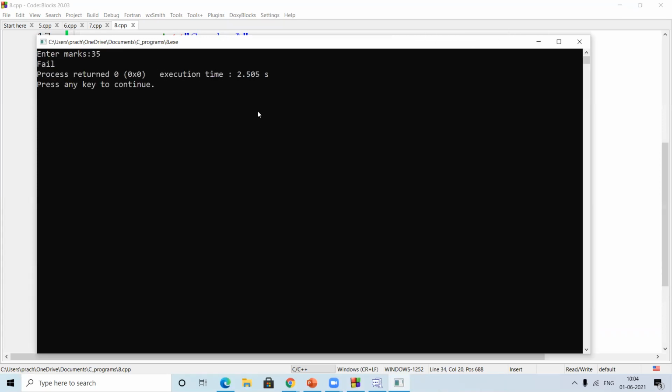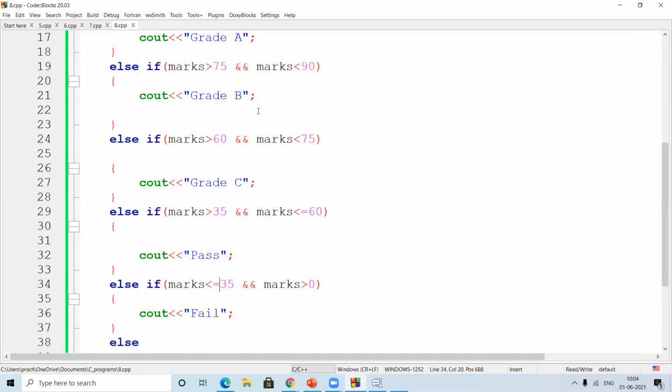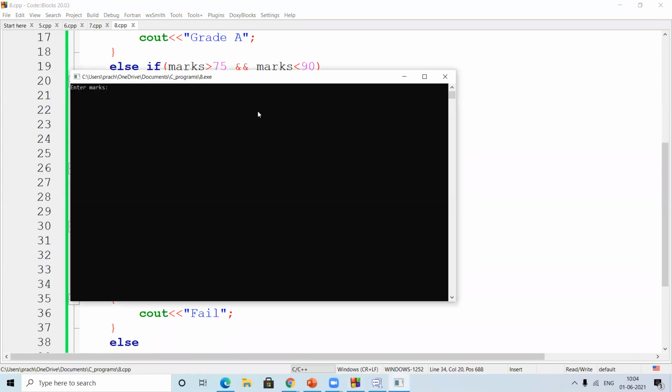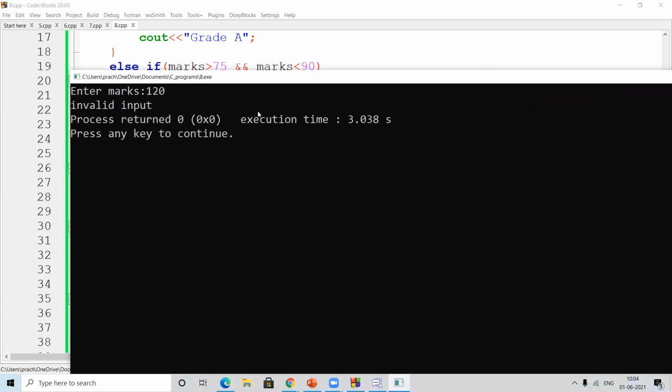Clear. And if I put any random value, like 120, it should give invalid. It's coming invalid. Getting how to know the program and how to write it?